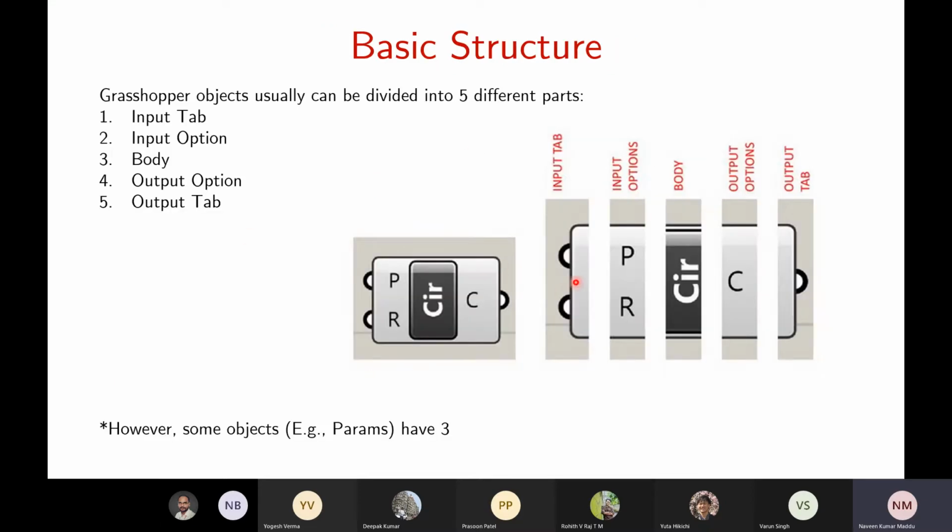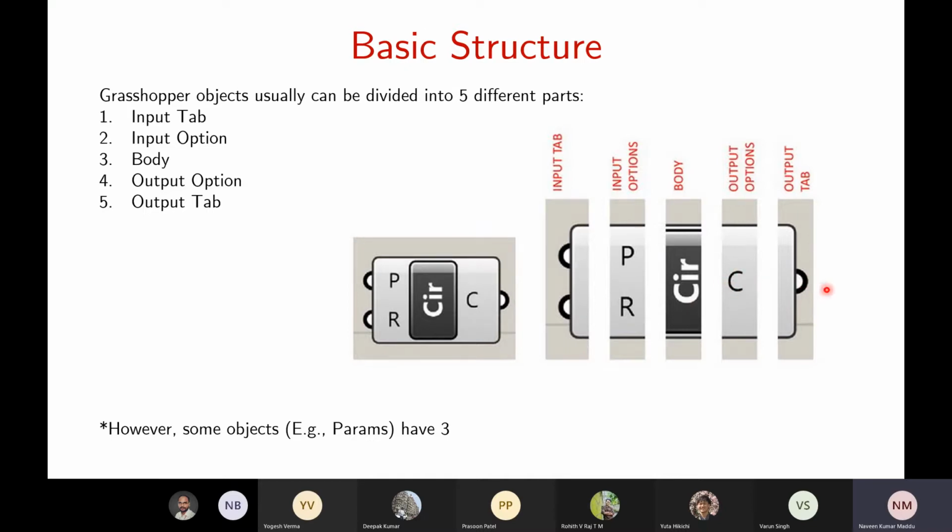And the basic structure is like this, as I already told you. Let's say this is Circle, and you have these input tabs where you are plugging in your inputs for the geometry to be created, and it shows what is what. Here it says the plane on which you are trying to create the circle, and here it is the radius. And this is your circle, the output, it has created one circle, and then this is your output tab.